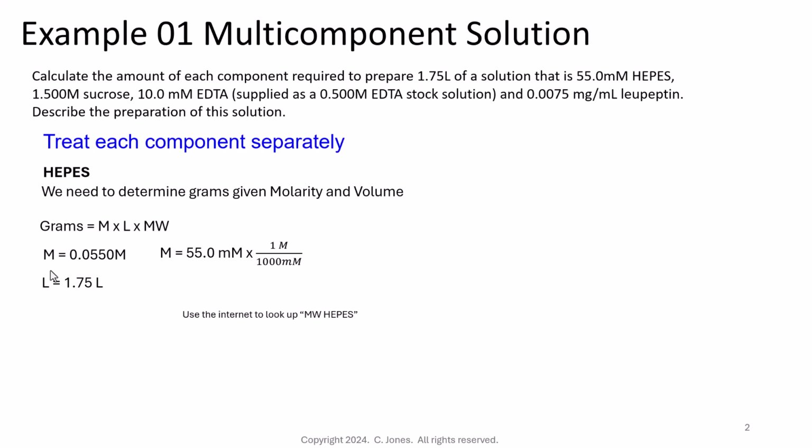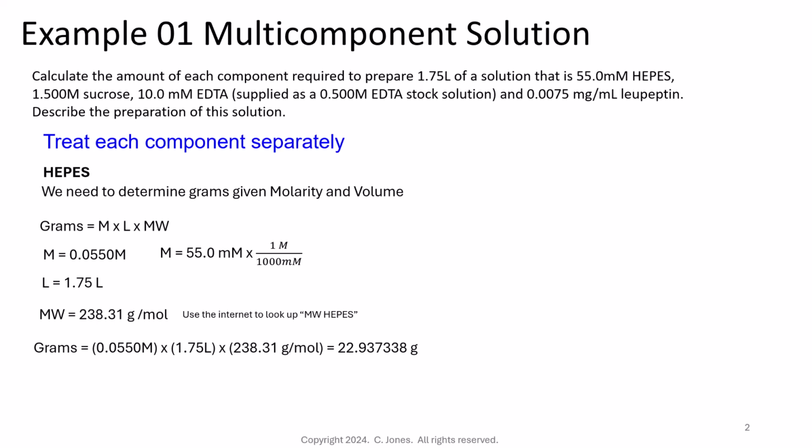And then the molecular weight, we can look up the molecular weight on the internet. Just search what is the molecular weight of HEPES, and the molecular weight of HEPES is 238.31 grams per mole. So we have all of the values required. We're just going to plug them in where they belong in the initial equation, and so we have grams is equal to